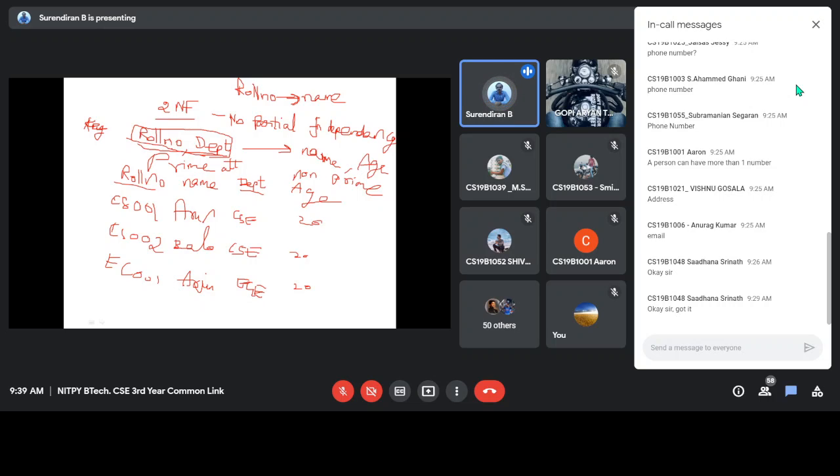Here the key attribute is roll number and department, which forms a primary key, and part of the key is able to identify the roll number and name. It's a part of a key. Roll number and department is a primary key, and roll number is a part of the key which is able to identify other attributes. So that is a partial functional dependency. It should not exist in the second normal form. Then we are going to split this table into two tables.